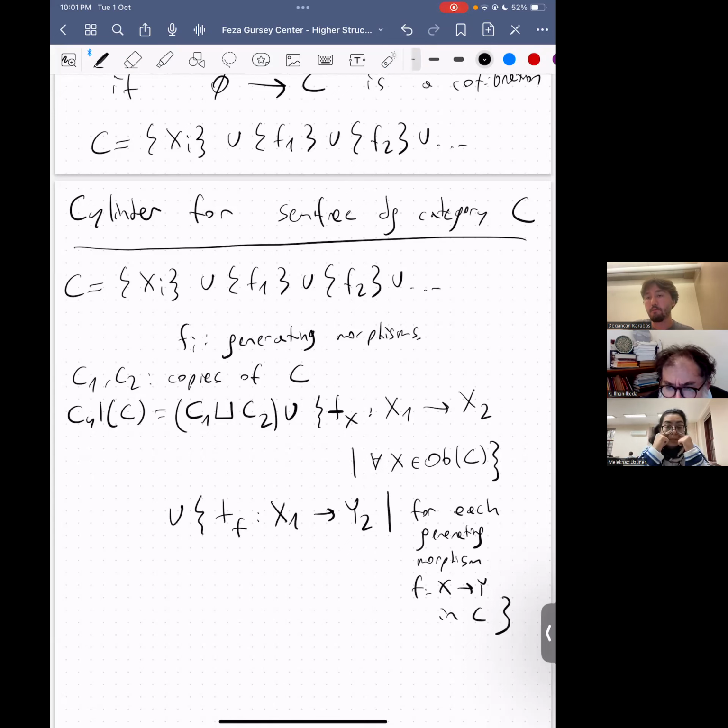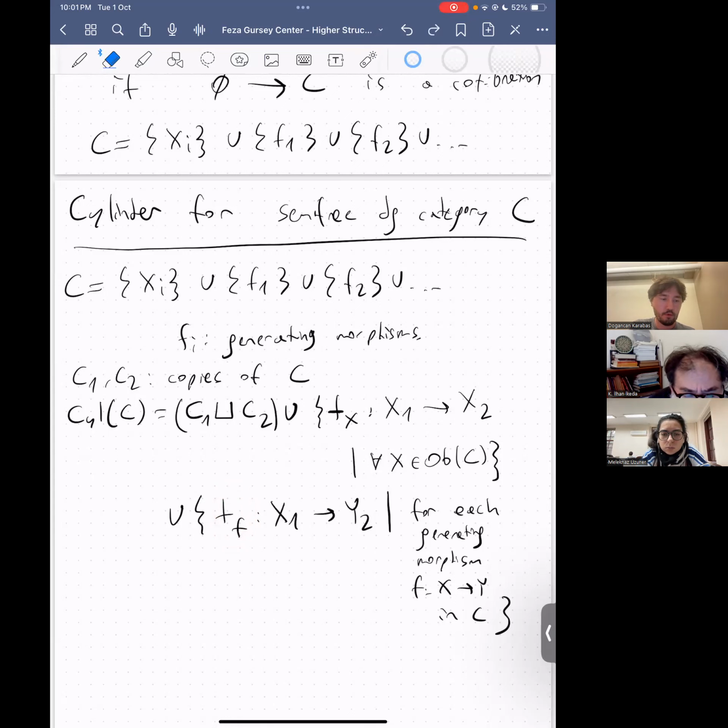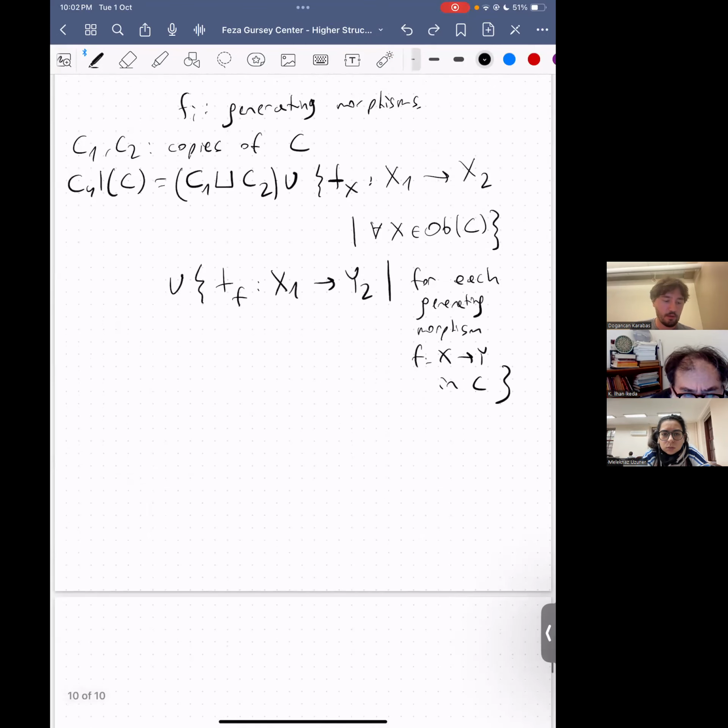For each of them, I add this new morphism Tf from x1, the first copy of x, to y2, the second copy of y, which is the codomain of f. And such that Tx is degree 0, the differential of Tx is 0, the degree of Tf is degree of f minus 1, and the differential of Tf is